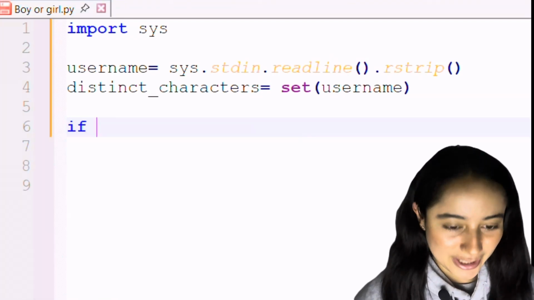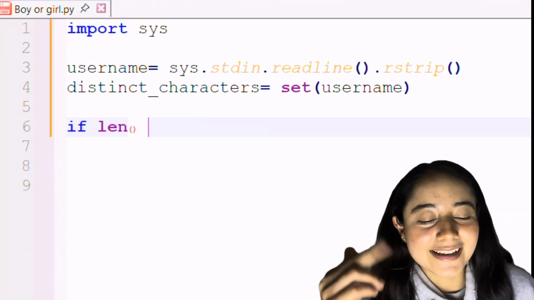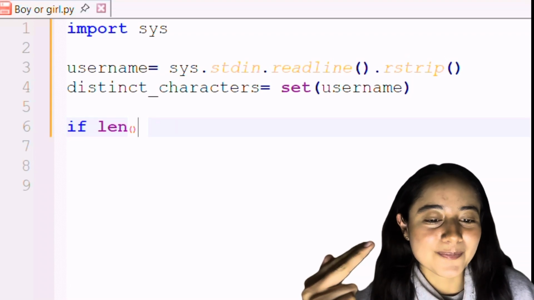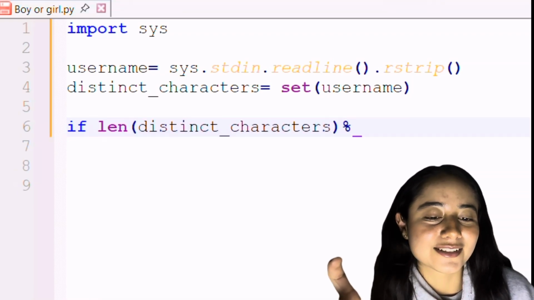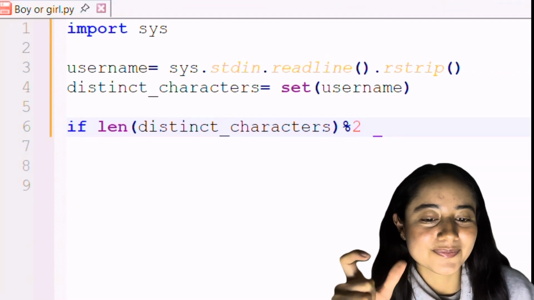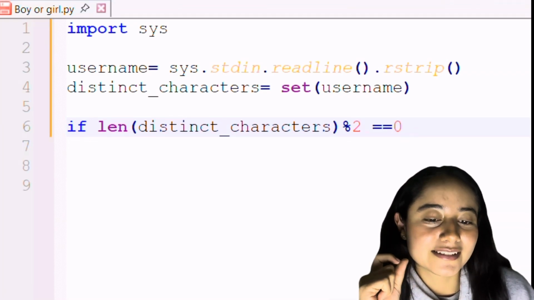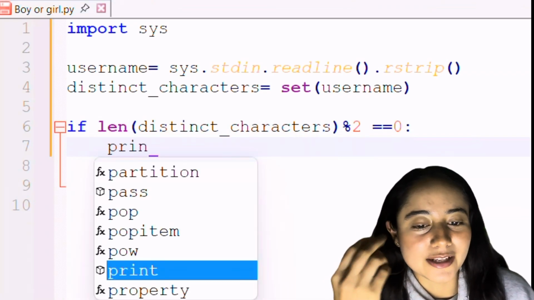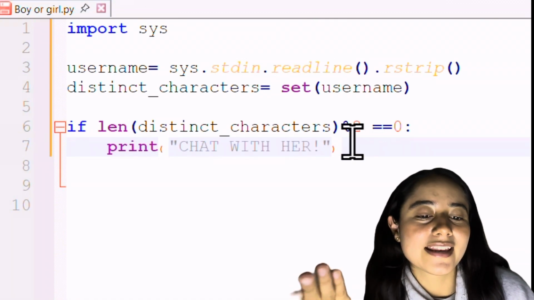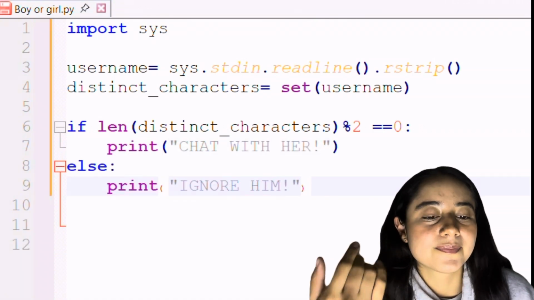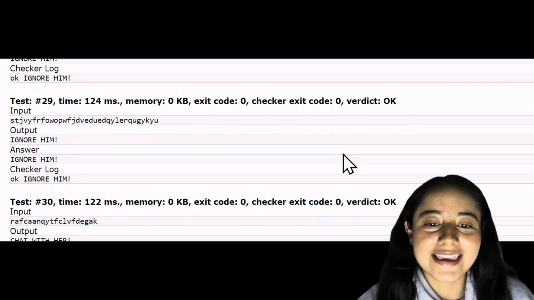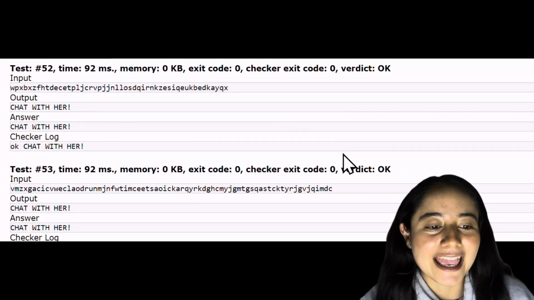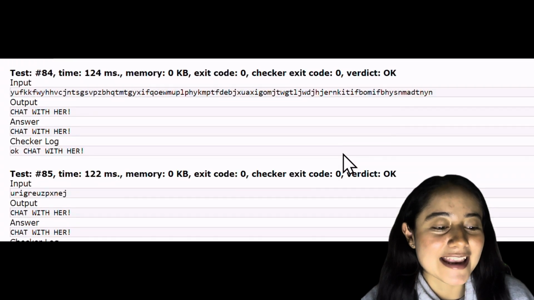Finally, we just need to create a conditional that says if the total number of distinct characters is divisible by 2, then it's a girl. If not, it's a boy. When we run this code, it passes successfully all the tests, the 85 tests